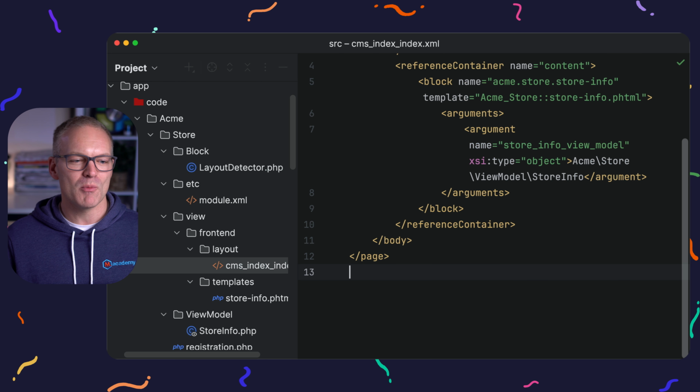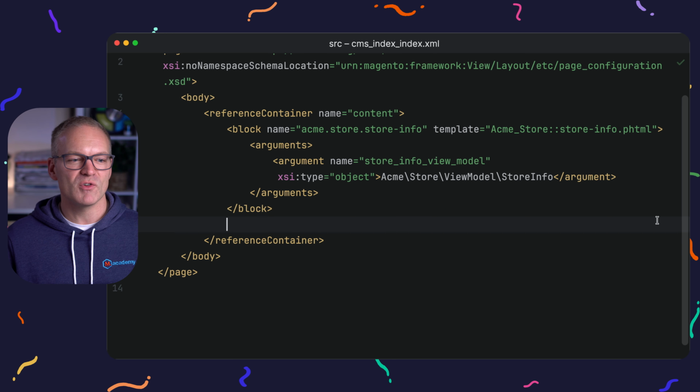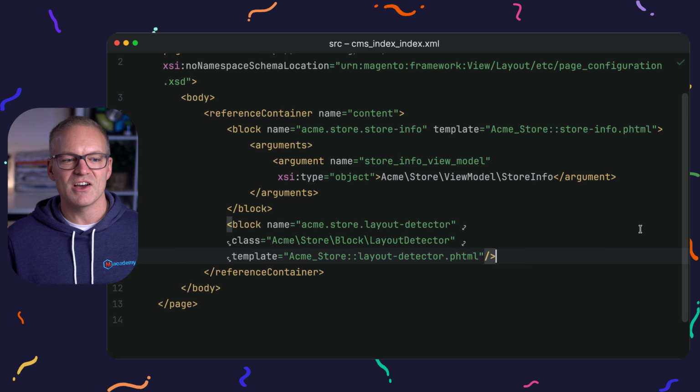Next, we need to create a block in the layout XML, which uses this block class. So let's go ahead and go back to our CMS index XML file. And within reference container, let's go ahead and just add another block. This will have the name of layout detector, reference our new block class, and then call a new layout detector